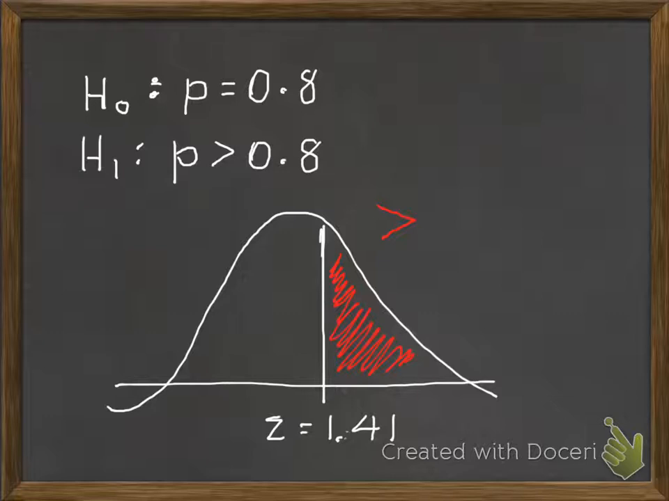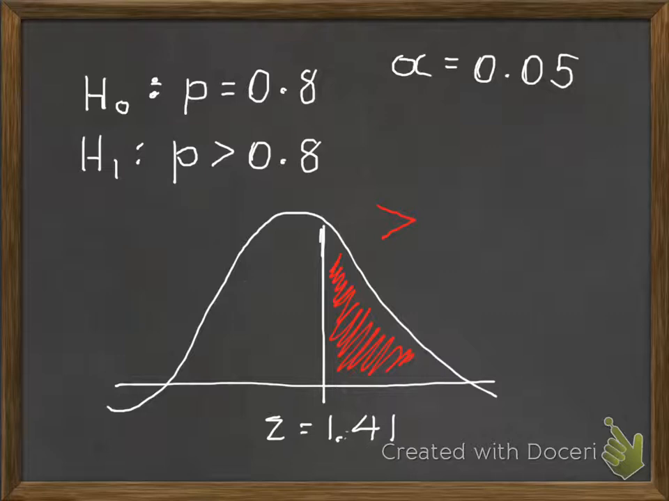We know that this is a right-tailed test because of the inequality symbol, which says that the proportion is greater than 0.8. So the right tail is the red shaded region that you see. And our test statistic here, z equals 1.41, is at the borderline of this shaded region. Now we are asked to find the p-value